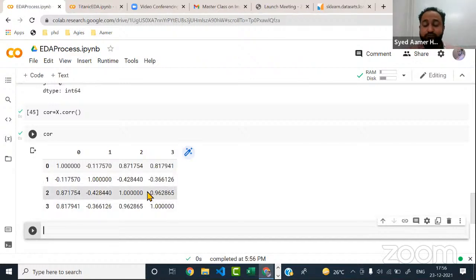Now, coming to the values of correlation, I told you one thing. If they are highly correlated, what's the meaning of it? If I talk about X and Y, if X is changing in a similar way, exactly similar way, and Y is also changing, they are highly correlated.